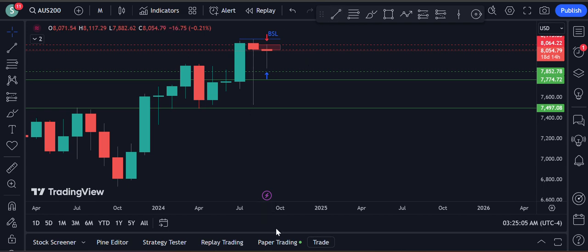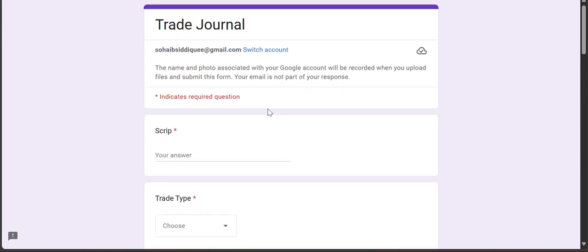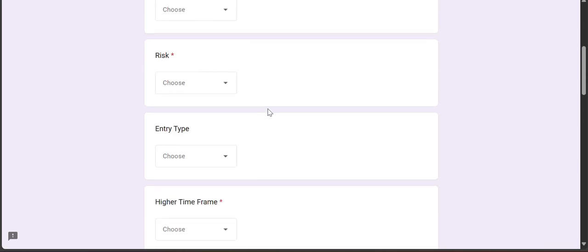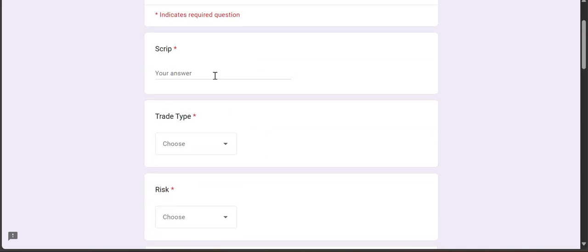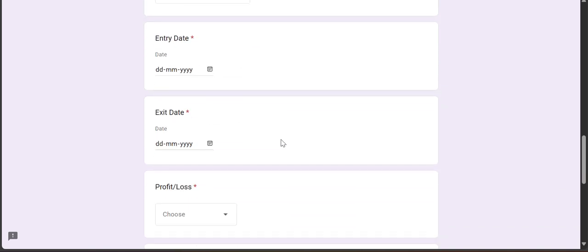And as you can see, I'll be journaling all of it. I made this form where I'll be entering everything: what I did on the trade, what I risked on the trade, what was the trade script, what was the trade type. Everything will be here. I'll be journaling all the 100 trades that I take, and at the end of the 100 trades we'll analyze what we did wrong and what we did right. And after analyzing all this, we will come to the conclusion of what we are missing that's stopping us from becoming a profitable trader.